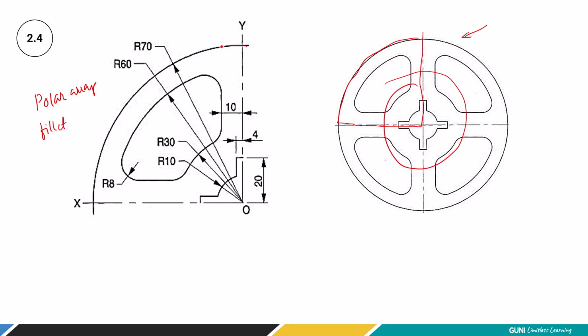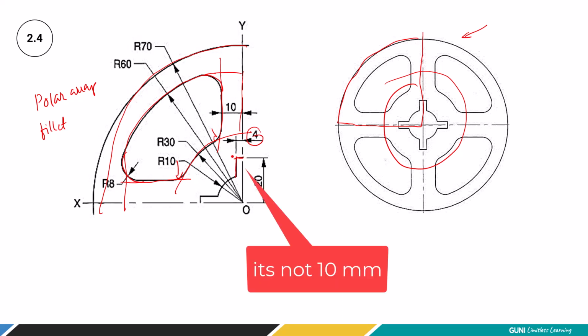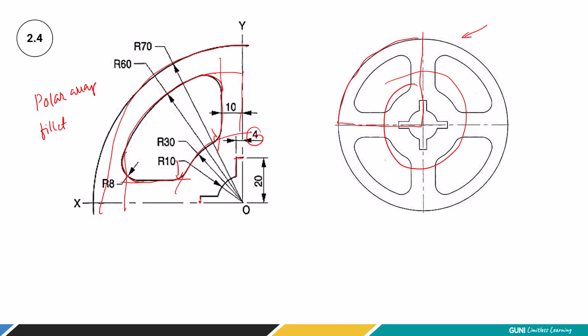So first we are going to draw this circle, then we are going to draw this circle, okay, like this. Then we offset this line, and similarly over here, then we'll draw this and we'll trim out unnecessary part. Then we are going to provide the radius through fillet command, similarly on this side and this side. After that, we are going to draw this line by 2 mm and vertically downward by 10 mm. Similarly here we are going to draw for 2 mm, then we are going to draw this by 10 mm,